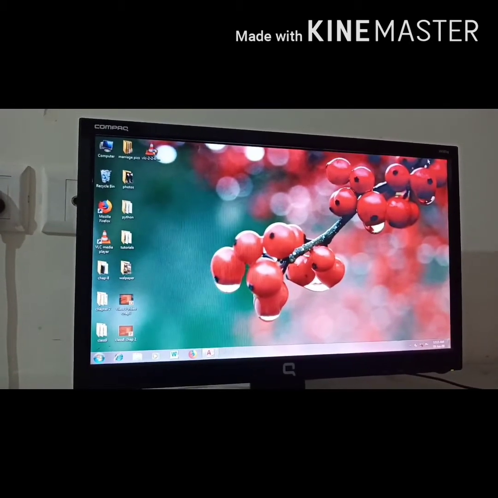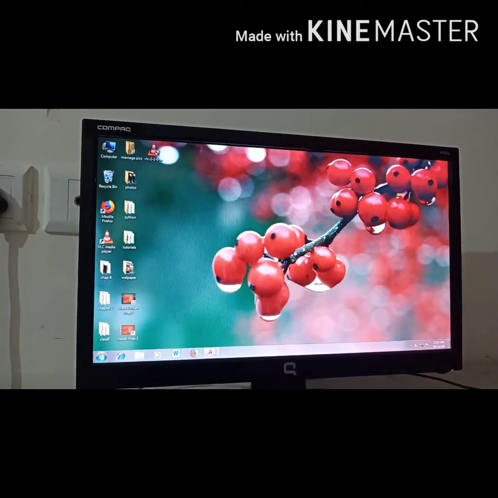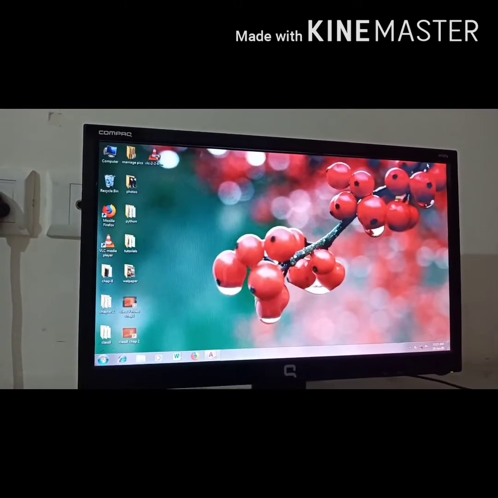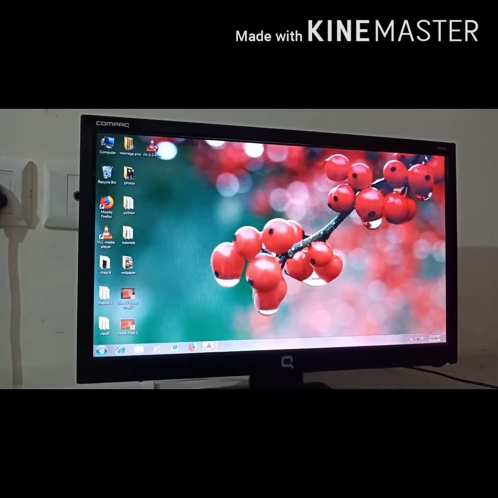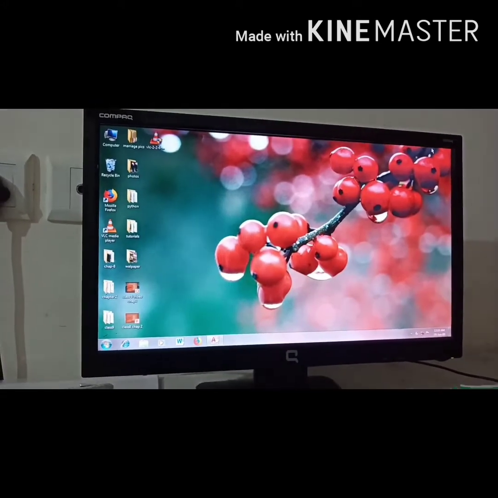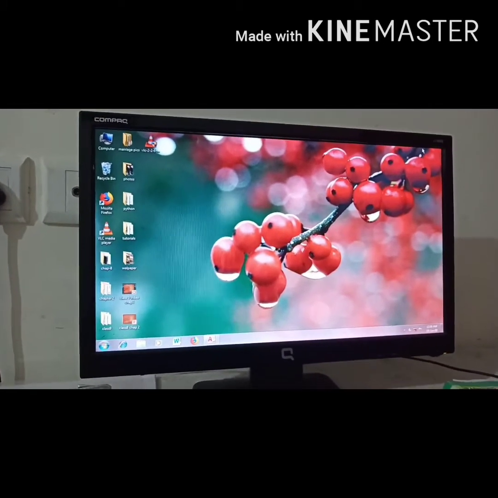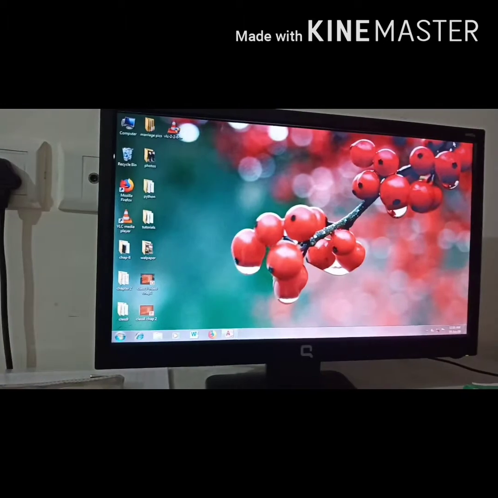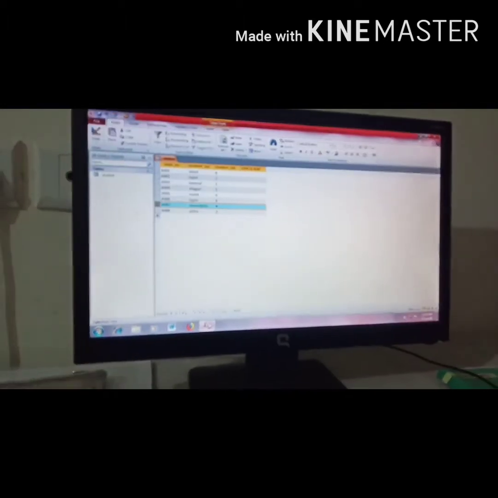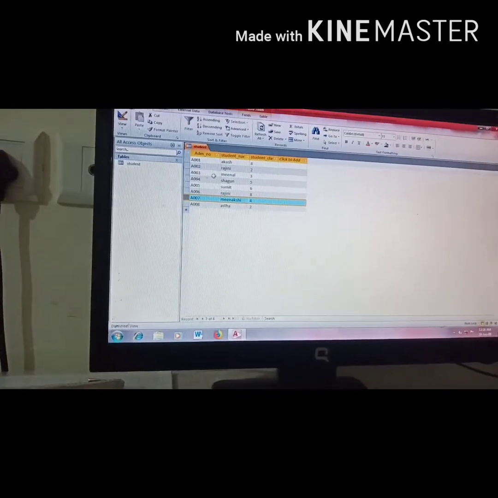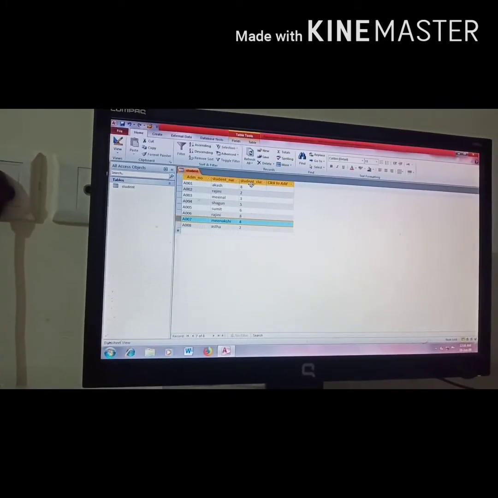In my previous session, I told you about how to create a database, and in this session, we'll discuss how to create a query in a database and how to relate two tables in a database. So, before creating a query, first of all, we have to create a database. Here, I have taken the database with the name student. See, in this I have taken three fields: admission number, student name, student class.